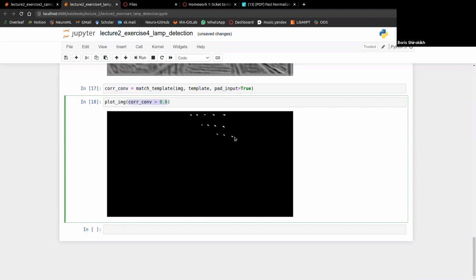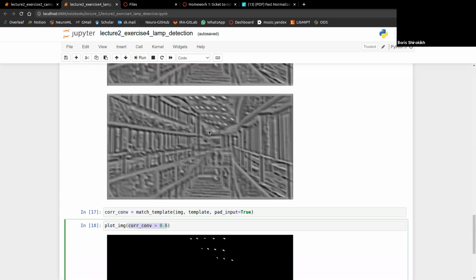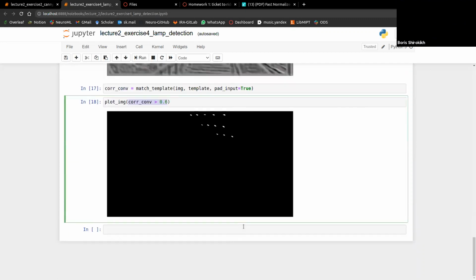It could be done in several ways. The first way is to simply average the coordinates of every connected component. The second way is to apply the mask of a single component to the correlation map, take the original values of this image, and find the maximum value. So in both of these cases, we need to,